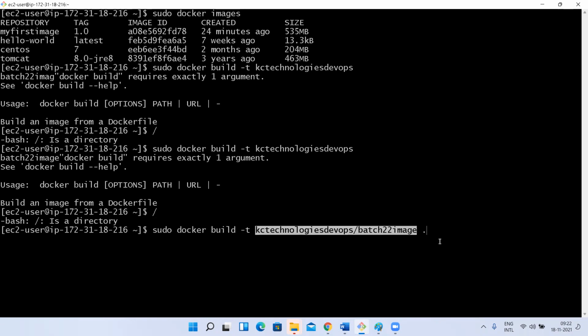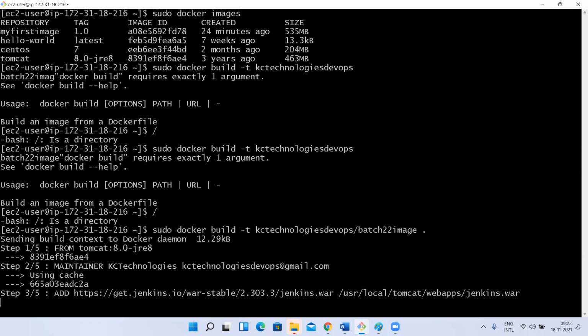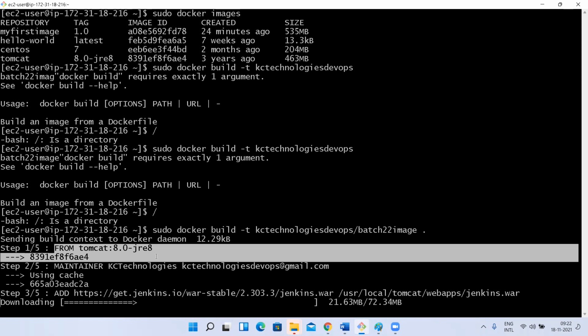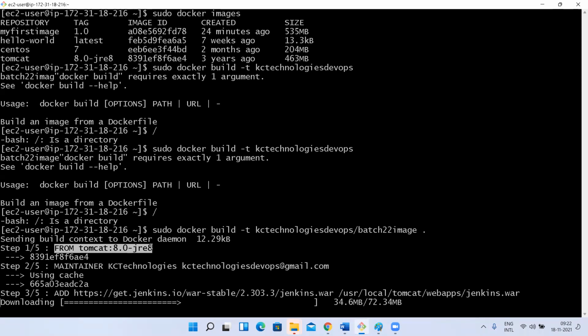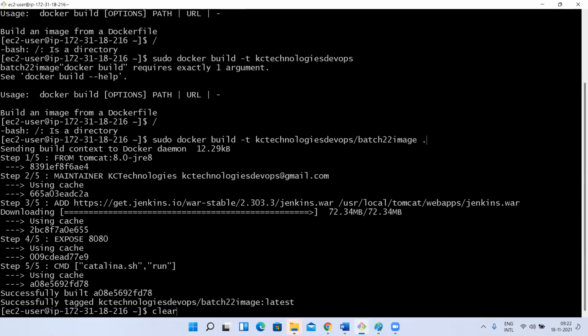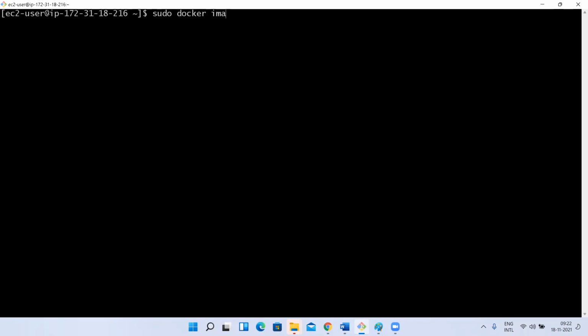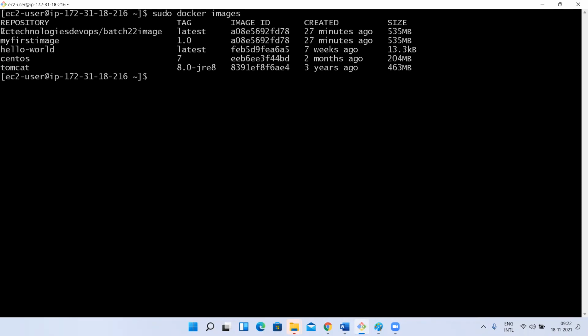So it should be the same as that. You have to build like this. If I build like this, see here, it is building with the proper name. It is redoing the same thing. You see now, it is not downloading this. Why? Because for the previous image, my first image, it has already downloaded, so it is not going to download once again. Now we observe here, it has built the image. I have this image. I can push this image, because this name and repository name both are matching.